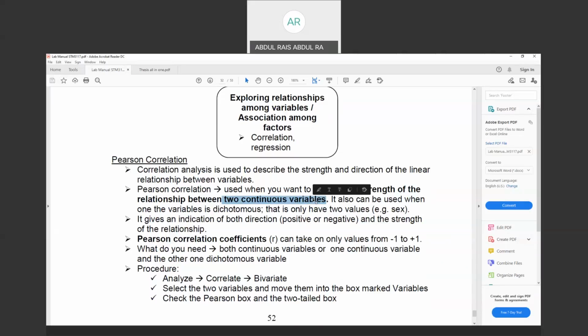dan juga Spearman, which is the Pearson correlation ni adalah parametric version, while Spearman correlation is the non-parametric version. Means Pearson ni kita guna dengan assumption that the data is normally distributed. Macam kita dah buat hari tu sebelum kita buat